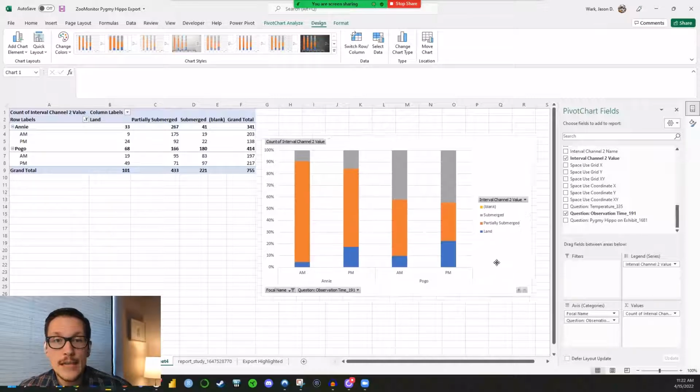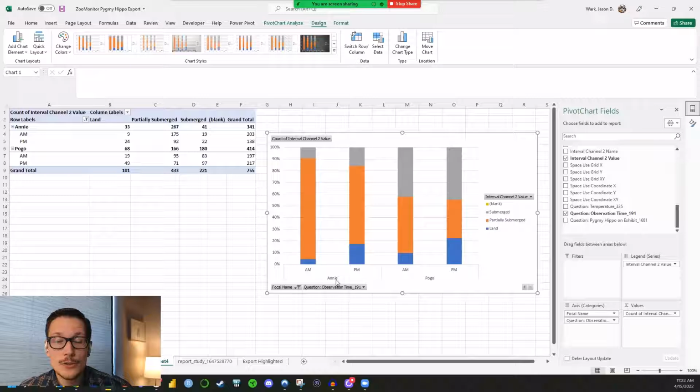And so right there, you can see how quick that was. We already have our pivot chart looking at AM and PM for Annie and Pogo with literally just a few clicks. We didn't have to create the pivot table and copy and paste data out in that approach. The difference is though, and this is a really important one to consider, what you're seeing here, these